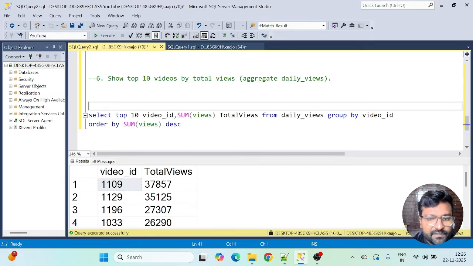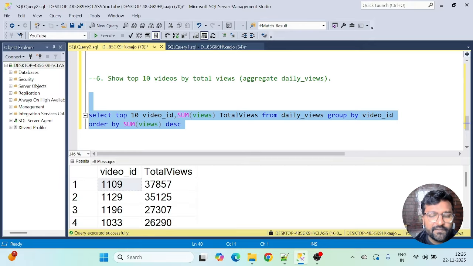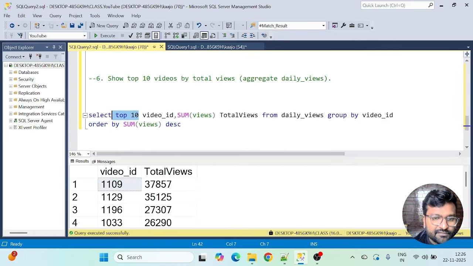Okay, so this looks good to me. Now there are multiple ways to actually do this question. Some people will do this in a CTE. Some people will also use row number for this operation. Anything is fine. I have gone with this top 10 clause and this order by condition. You can also apply a row number condition here, like row number over order by this total views, and then take where row number is less than or equal to 10. So that also is a fine approach. Okay, so let's go to the next question.